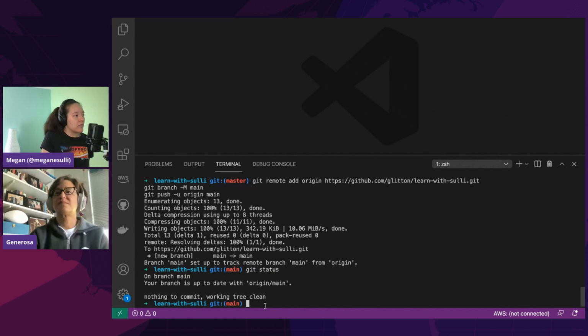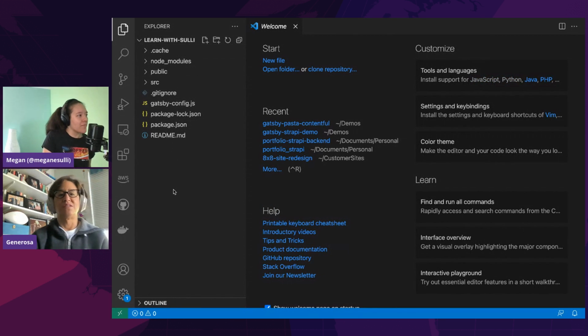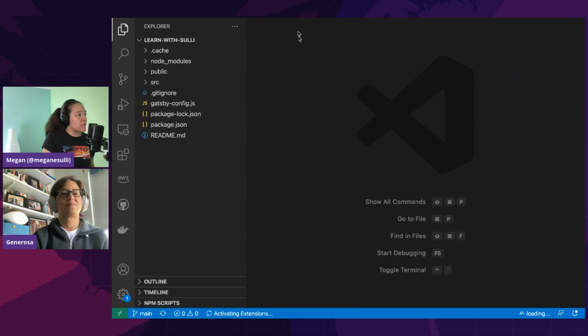So now we're going to dive into it. If you open up the project sidebar, just so that we can see what files are included in your project. Great. Here we go. So you can see these are all of the files that got created for us automatically when we used the Gatsby new command. There are some folders that we don't really need to look at, like the cache, the node modules, and this public folder. But the stuff that we mainly care about is going to be in this source folder. So if you can open that up.